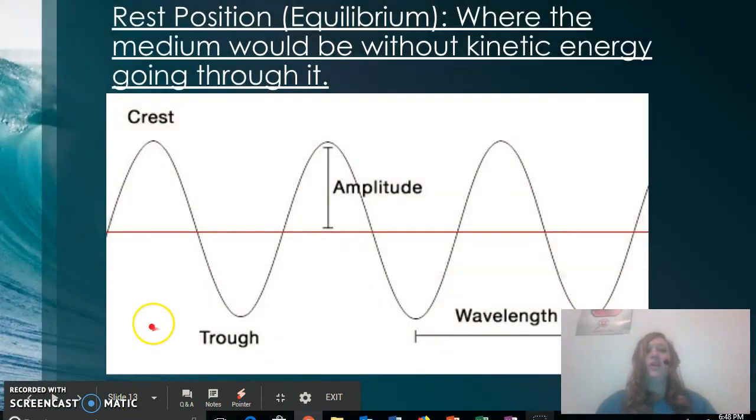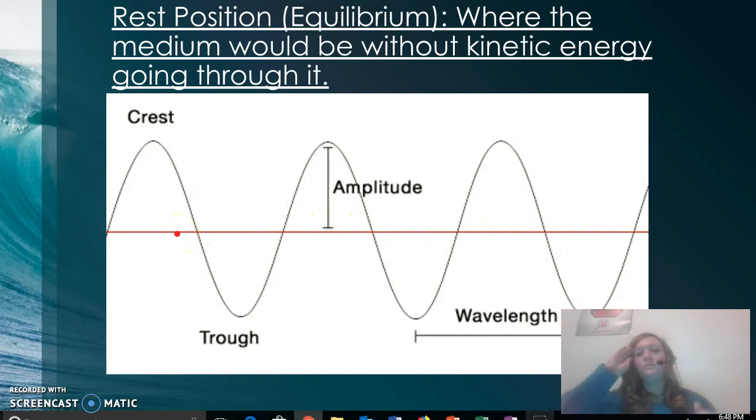Good. All right, rest equilibrium is this flat line right through here. It's where the medium would be without any kinetic energy going through it. Okay, so what that would mean is you've got my slinky here, and if I just hold it flat right here, there is no energy going through it. I can hold it sideways. See, look, it's all just a bunch of coils stuck together. No energy is going. But if I move it, I suddenly made energy go, and it made an arc pattern,